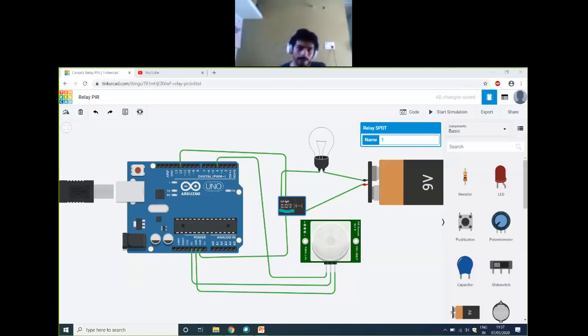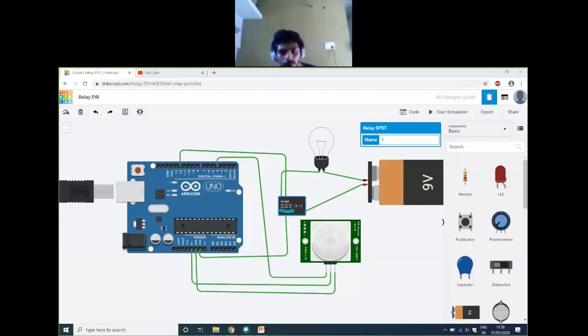And if you want to use it for AC appliances, you will have the rating of 3 amperes at 125 volts AC. One more point I wanted to make clear: whenever you use AC loads, please be careful with voltage levels and current levels. If you want to connect a relay with your bulb, let me assume the bulb works on your general 230 volts. For that, you have to consider a relay of 230 volts AC with 3 amps or 5 amps or 6 amps. The load which you connect should be balanced with the relay ratings. It should not exceed the relay ratings.